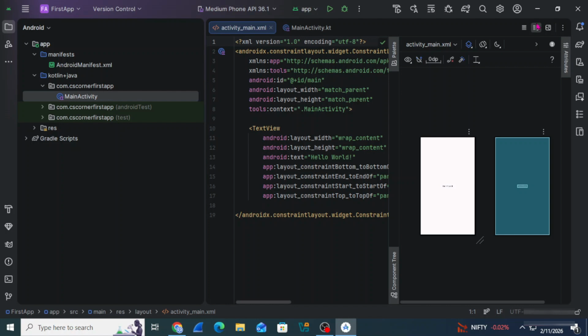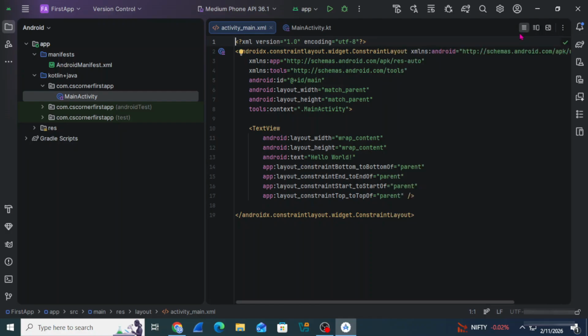Here we have various options. You can go to design view, you can split the design and code view, or you can go entirely to code view. And guys, here we have at left side one of the very important folder, that is resources folder. So if you want to show some images, all that you can put in this resources folder. So this was all about the introduction to the files which we have in Android Studio.